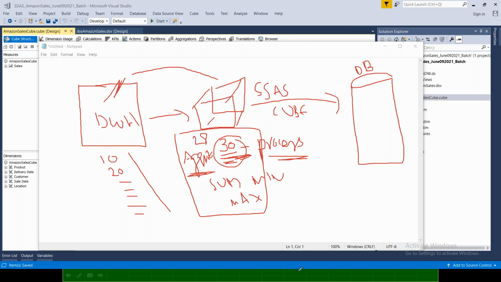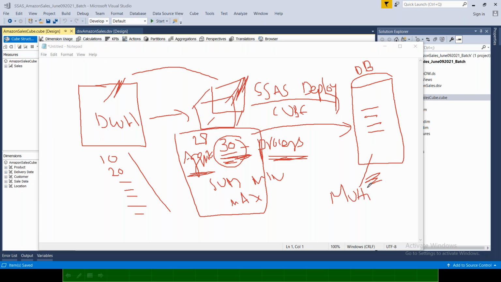For example, once the grinding is done, what do you do? From the grinder, you need to transfer the item, right? You put something in the grinder, you switch on the grinder, it's mixed and everything is ready. Then you take that item from the grinder and transfer it to a new bowl. So this is what is called a new bowl, and this is what is called a grinder. Clear? This is the food item that you need to transfer. So this is what is called SSAS cube processing, and SSAS is going to be deploying. What is it deploying? After grinding, you transfer the item from the grinder bowl to the new bowl. The data is going to come to this database, which is called a